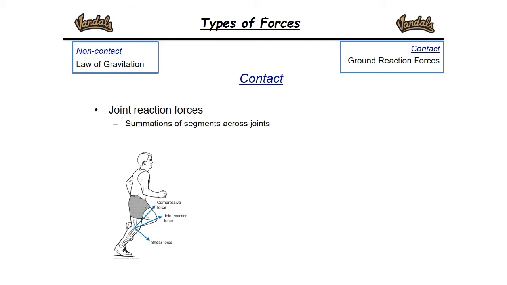But one of the next ones that we have is a joint reaction force. The joint reaction force describes what's happening inside of the joint, and it is composed of a compressive force and typically a shear force. On the surface of the joint, you have this compressive force between bone and bone. So the femur, and in this case the tibia, are pushing against each other, creating that compressive force. But there's also a need for the tibia to go this way in the shear force, and it's creating what we call a joint reaction force, which is a force being created inside of the joint segment